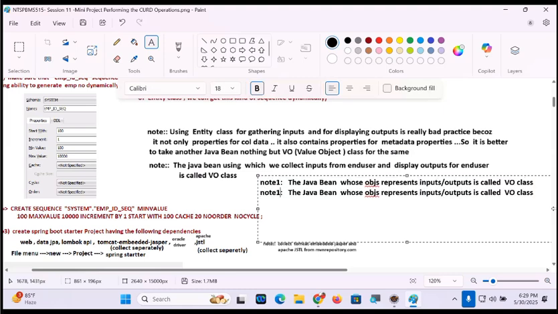Note 2. The Java bean whose objects represent shippable data. What data?